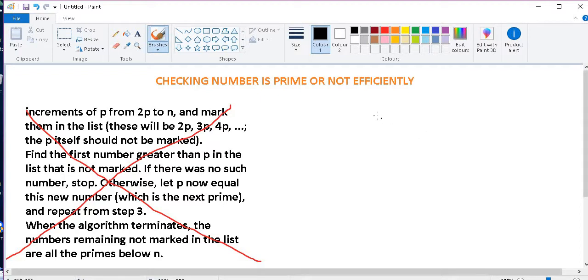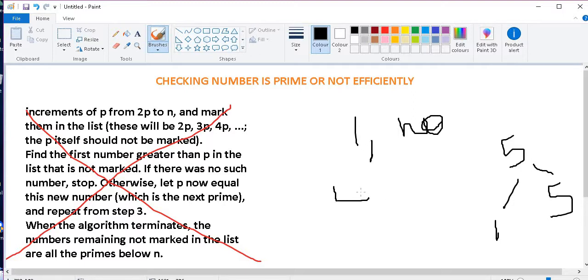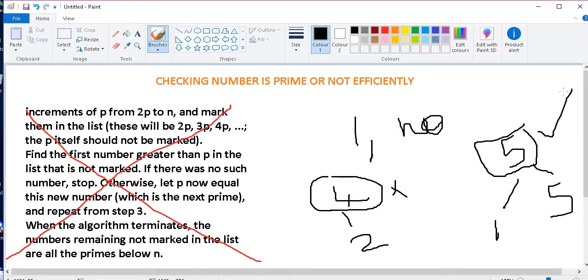First let us know what a prime number is. A number divisible by only 1 and the number itself is called a prime number. If you take 5, it is divisible by only 1 and 5, so 5 is a prime. If you take 4, it is divisible by 2. Other than 1 and 4, it's divisible by 2, so 4 is not a prime number. But 5 is a prime number. In this way, you are going to find whether a number is prime or not. Now let's start coding.